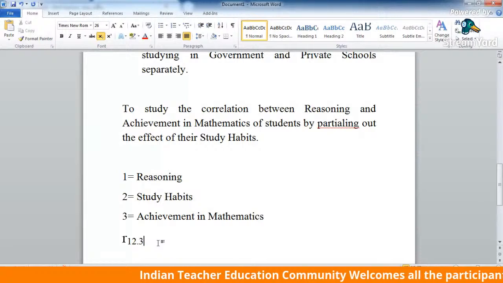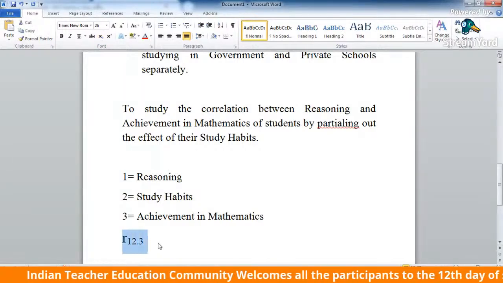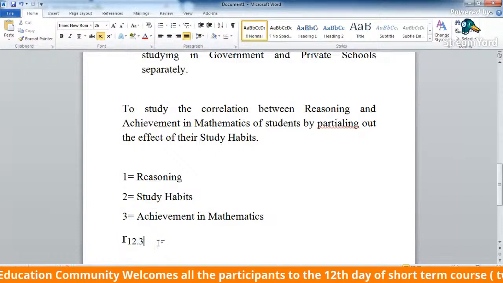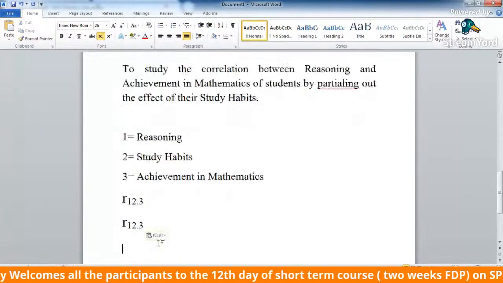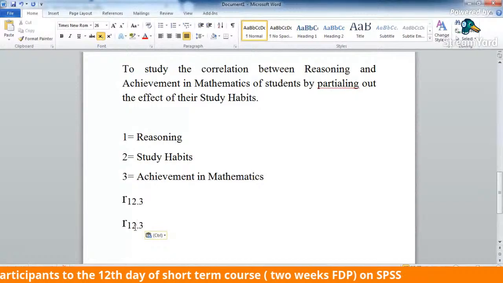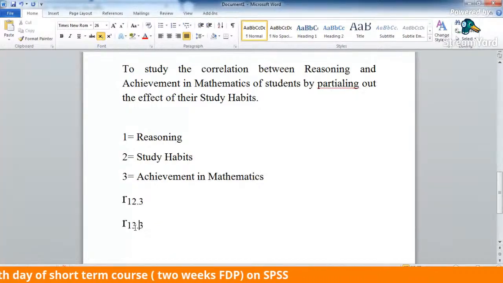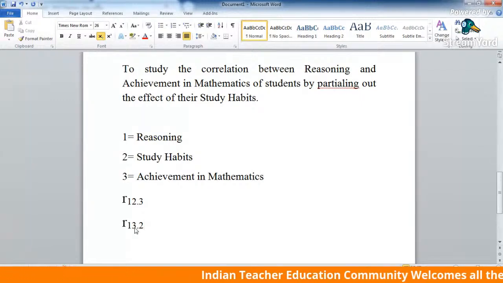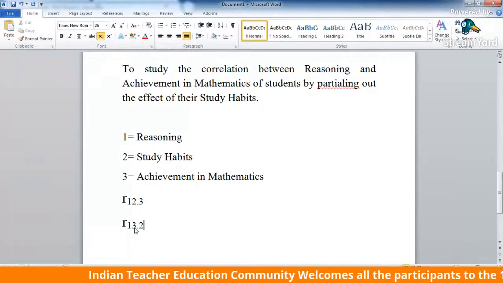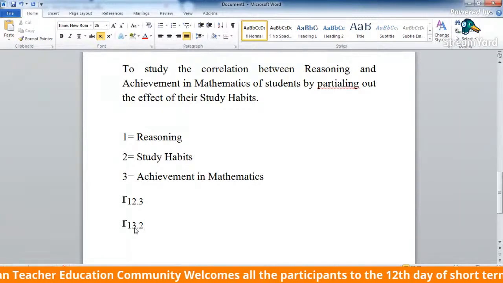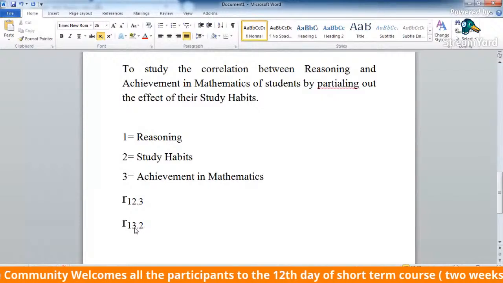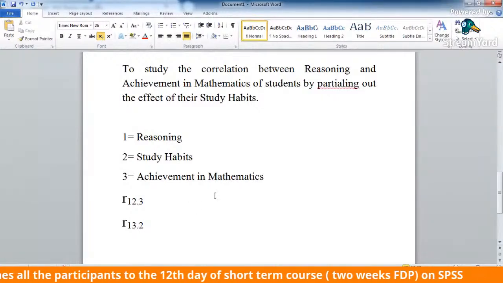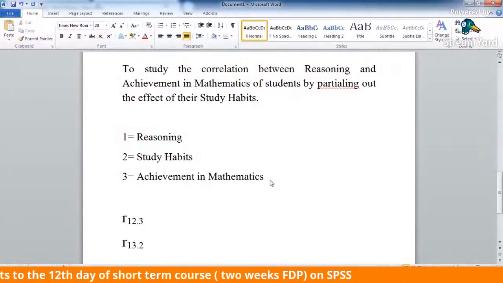But if I write like this, R1,3.2, the meaning is I am finding the correlation between variable 1 and variable 3 when I'm partialing out the effect of variable 2. Now, if I take one more variable,